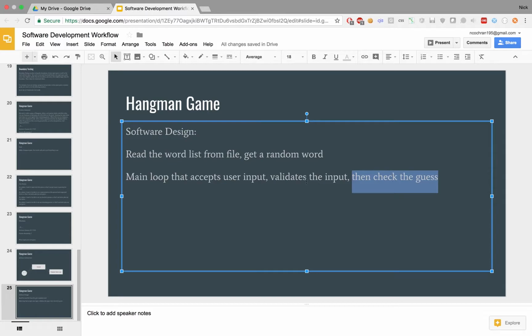So this is going to have some sort of name. We can already kind of see how this is going to break down by simply writing it down and thinking about it a little bit, and then we can actually think about what check the guess means, and that's going to be something like if the letter is correct, update the display,